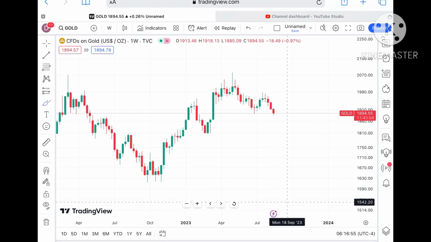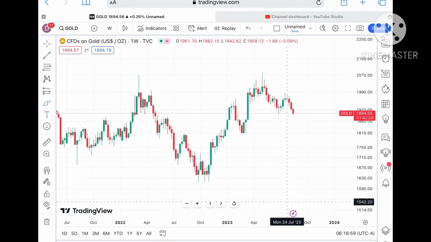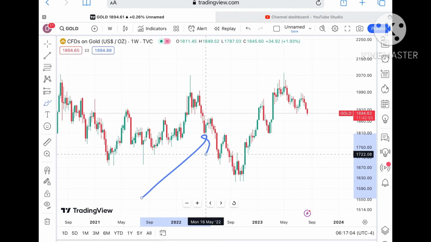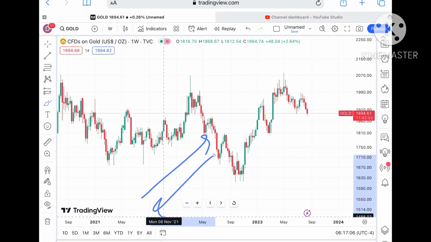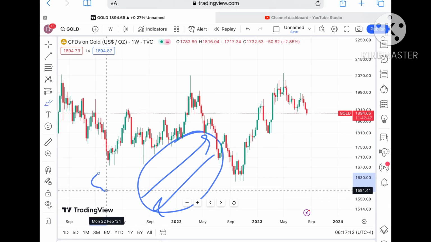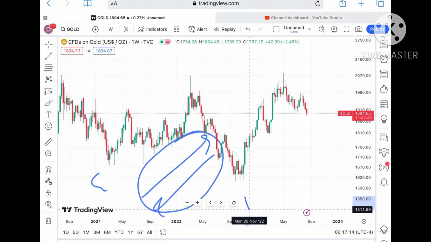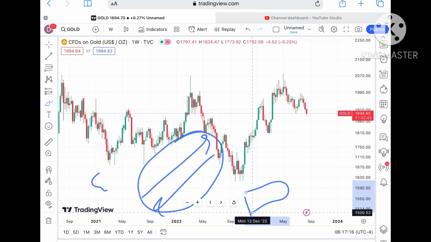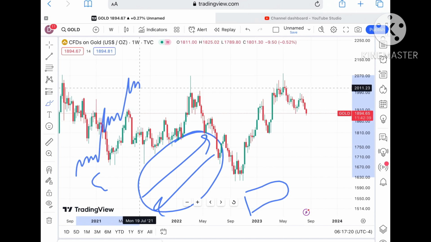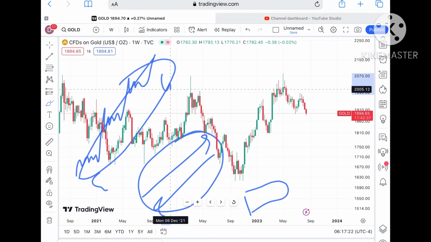Now understand, the market is always uncertain. So if you are thinking that it will go sharp rise or sharp fall, no, it will not happen. It will only happen when there is a big event coming, or there is some news coming, or there is a breakout happening. Otherwise the market moves in a normal way, holds for some time, that is how it goes upside. In the same way it will come down.